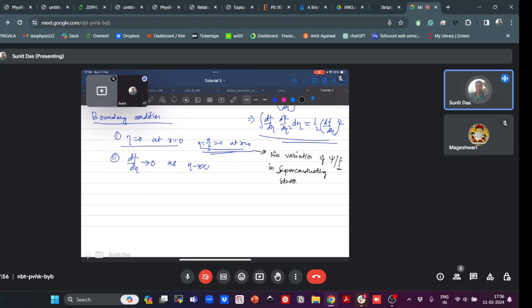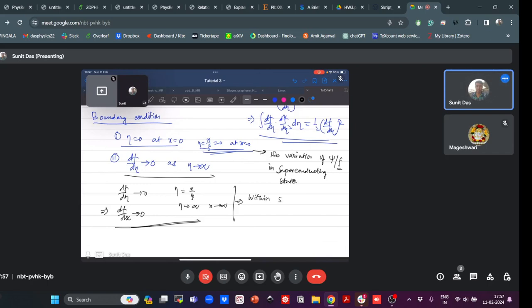Now let's understand what this boundary condition means. It says that df d eta goes to 0 as eta goes to infinity. Again, remember eta is x by xi. So eta goes to infinity means x goes to infinity, and df d eta going to 0 essentially means df dx goes to 0. So this thing means that